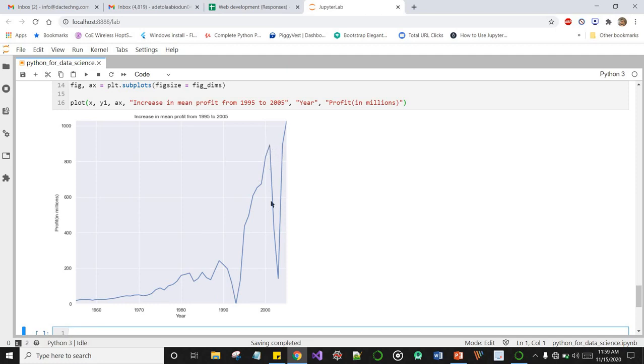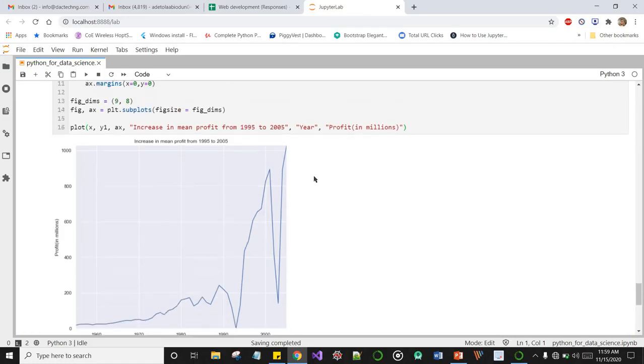Okay, and we can see a very sharp drop in profits, and profits kept increasing again after somewhere close to 2005, 2006.